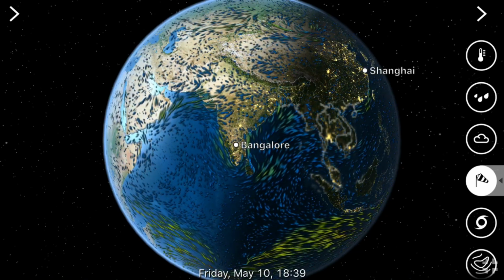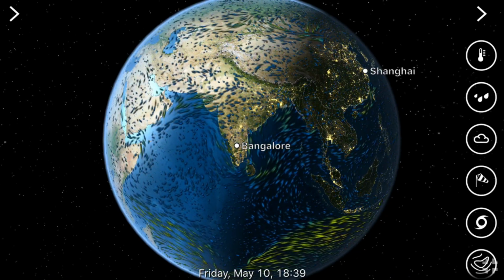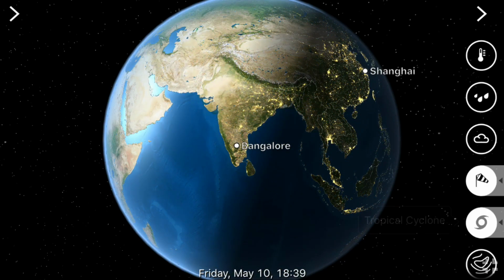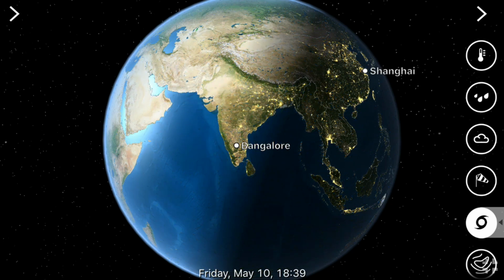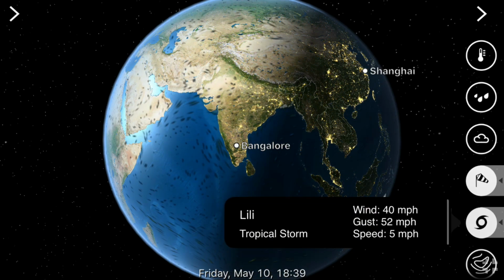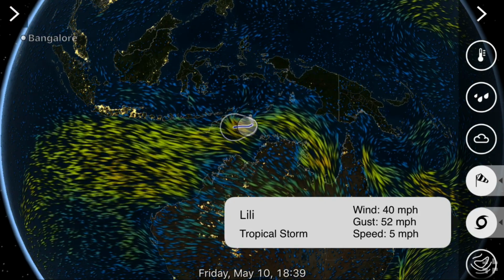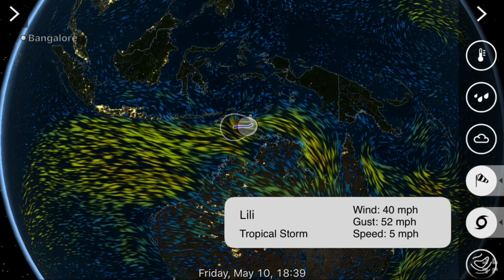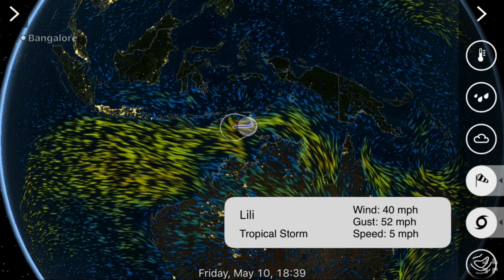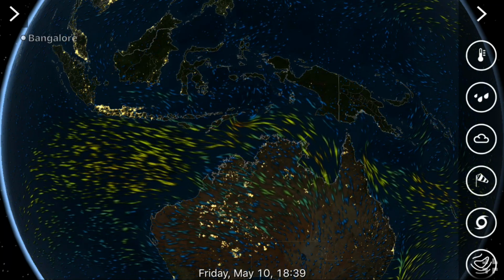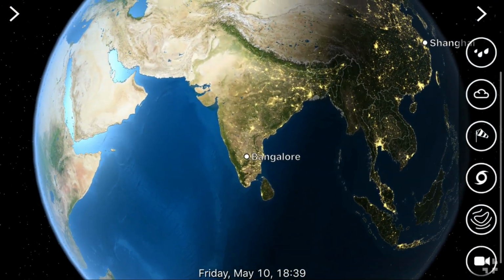You can see how the wind is drifting towards the land from the oceans. You can see the storm there, Lily. I would not say you can see the storm all the time, because it is present right now. The time when I was making this video, it is moving actually. You can see that you can trace the violet color path near the Sydney barrier reef, and you can see the 23-degree slightly